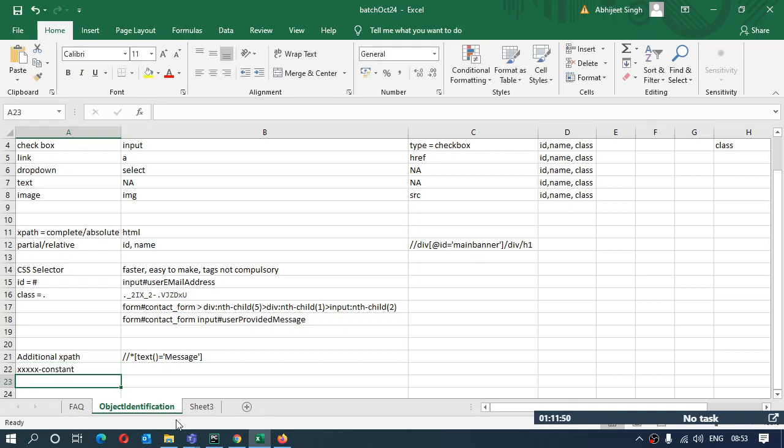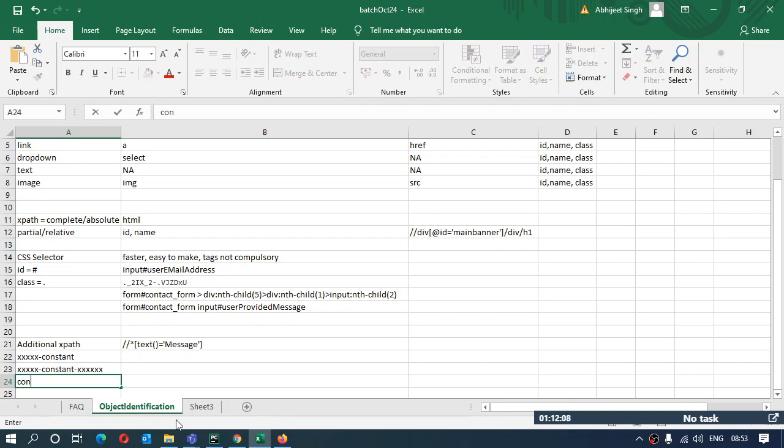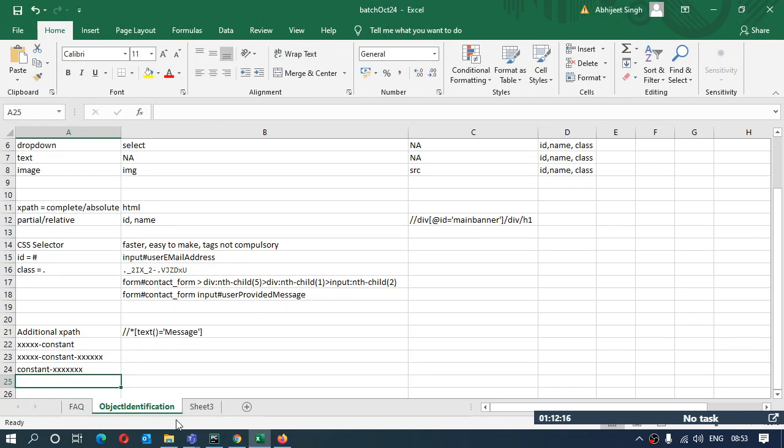Then you get some kind of XPath which has the initial part changing, in between it's constant, and at the end it's again some random text. Or you encounter some of the IDs which has the constant in front and it ends with some random text. And the fourth, the disastrous case, which is the full random text.